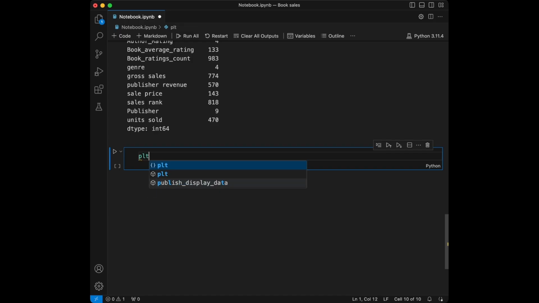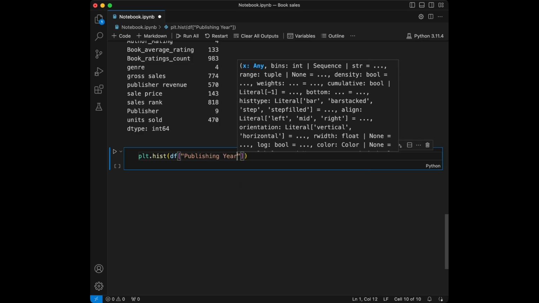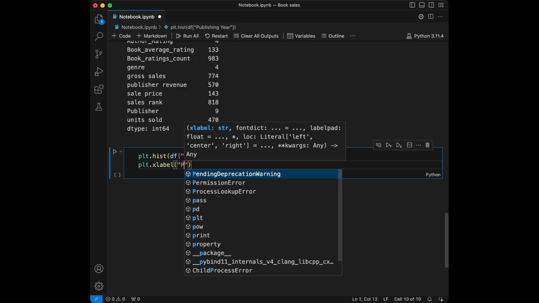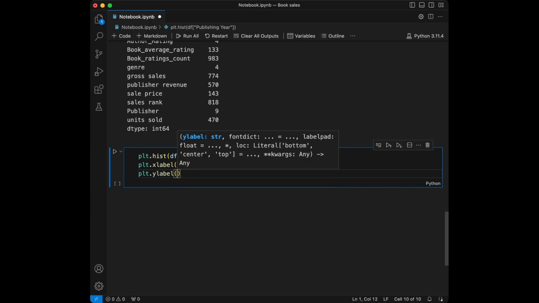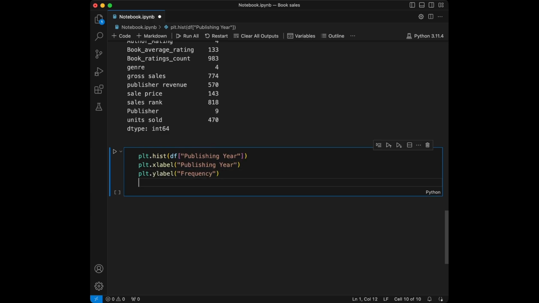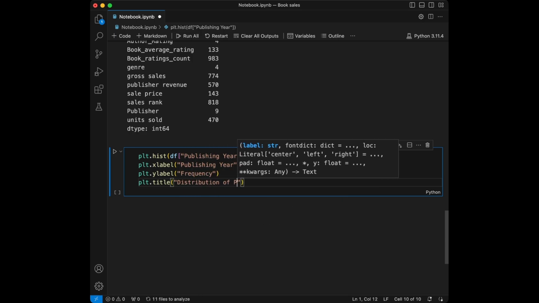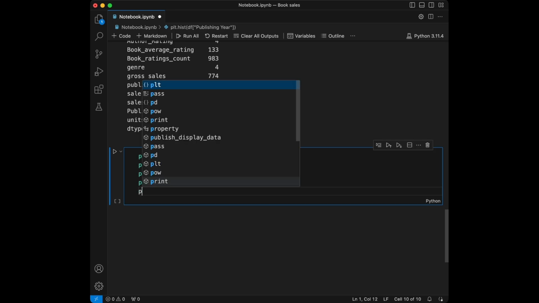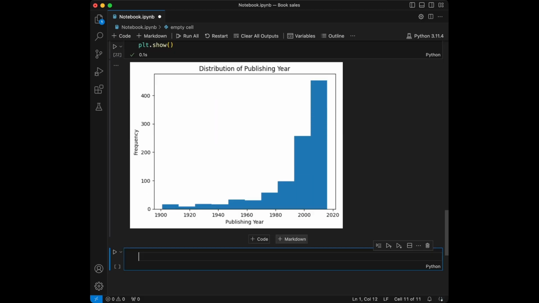So I will say plt.hist, we will use matplotlib, and we will say publishing year in here. And then I'm going to say X label is going to be publishing year, and Y label is going to be frequency, and I will just use title for giving it a title like distribution of publishing year, and at the end I will use plt.show. And here it is. So we can see in our dataset we mostly have the new books,